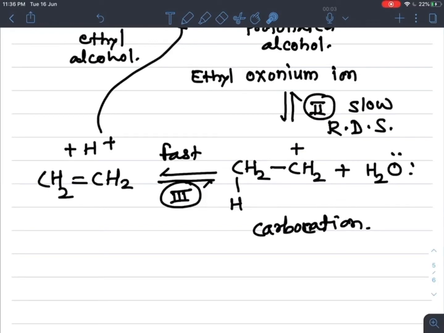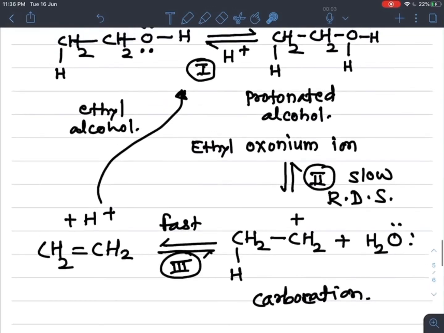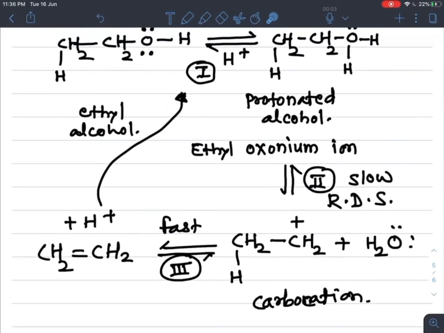and finally this carbocation is stable. To get stability, this carbocation is converted into the corresponding alkene. So the bond between this carbon and hydrogen breaks heterolytically, and these 2 electrons shift here, and CH2 double bond CH2 is formed with the removal of this H plus, which is reused again for further reaction. That is called the mechanism that takes place during the dehydration of alcohol. So this is about the dehydration reaction in the case of alcohols.